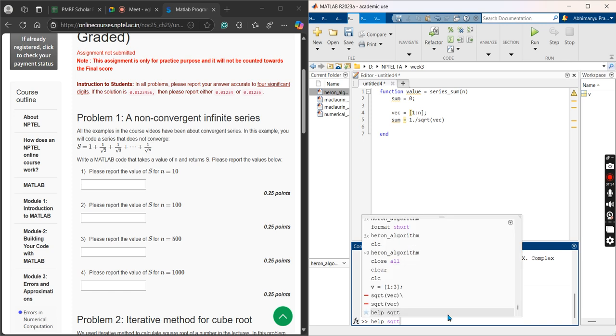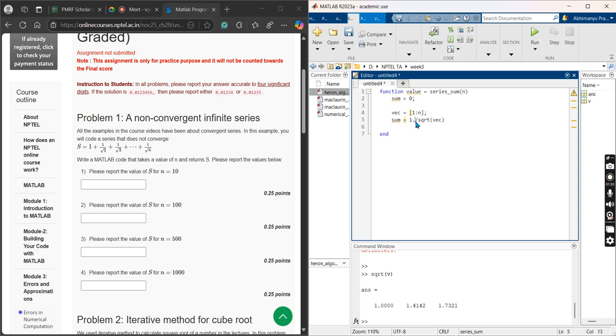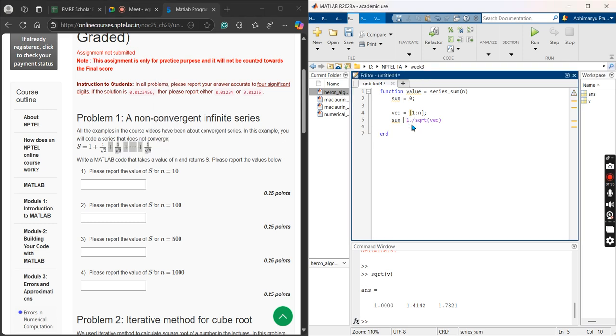Then why is it not giving? Okay, it is p. Sorry, I was using the wrong way. So this gives me the square root of all the elements of v, right? But since the square root would be a vector, I'm trying to do an element-wise operation. I need to take a sum of all the elements, so I need to do an element-wise operation over here. So 1 divided by the square root of x will give me a vector with these elements, right? So now my value, I don't need to have a sum, so my value would be